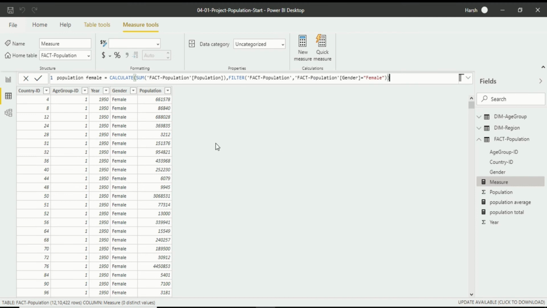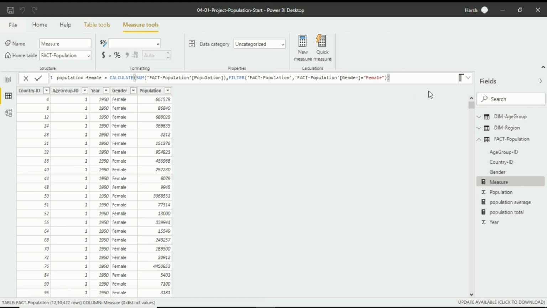So what I have written, again I will tell you one by one. I have given the command to calculate the sum of population by applying a filter on the population by selecting a particular gender, that is female, that is what is written in this code. So how I have done that, again I am repeating myself. I have written a calculation in which we will calculate the sum of the population which is available in female. So this is how you write a code.